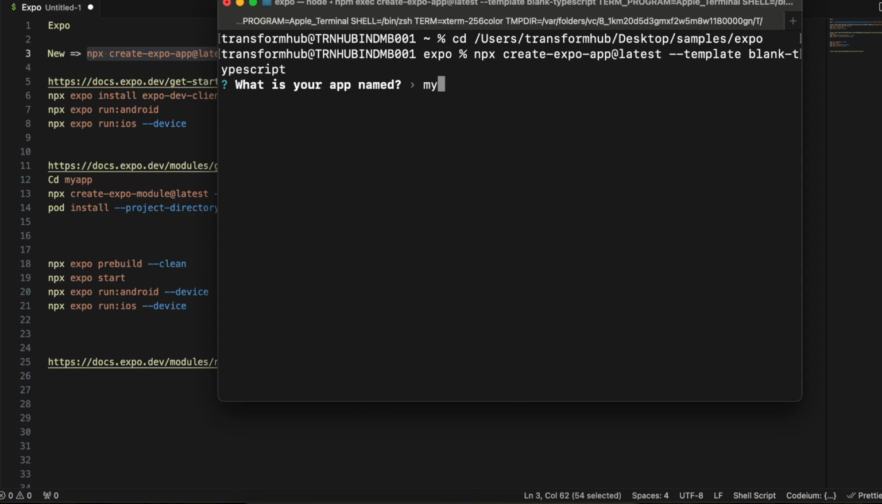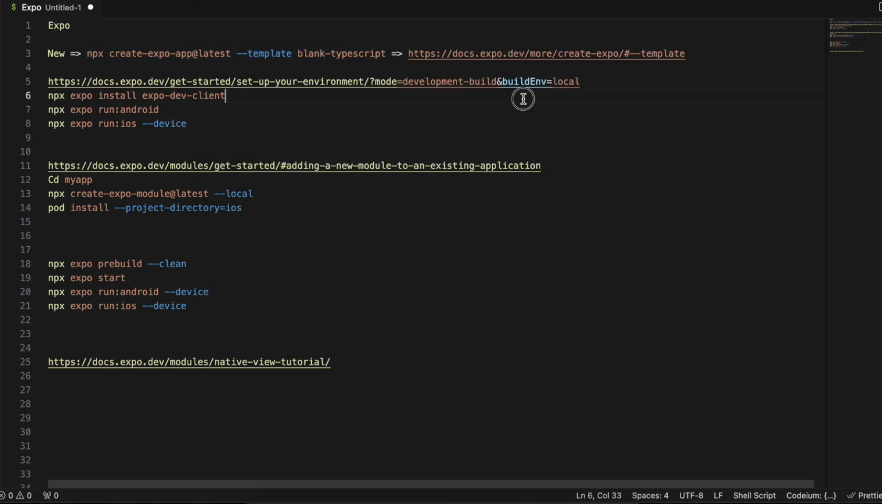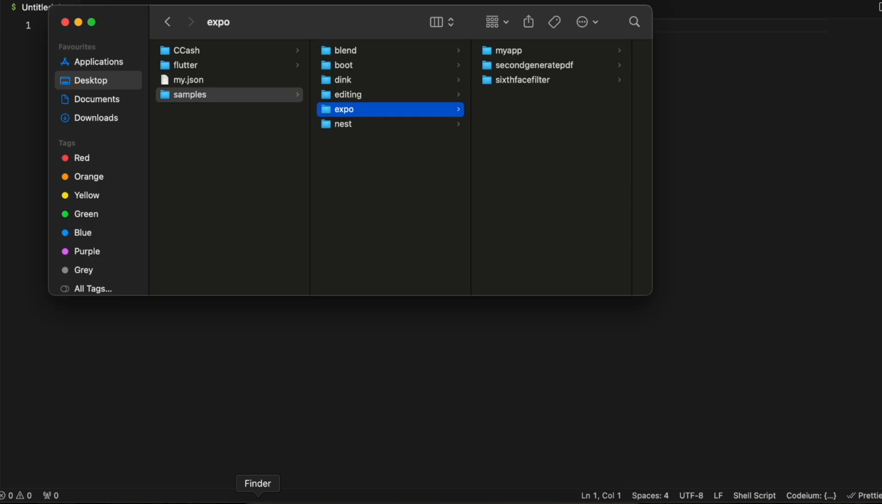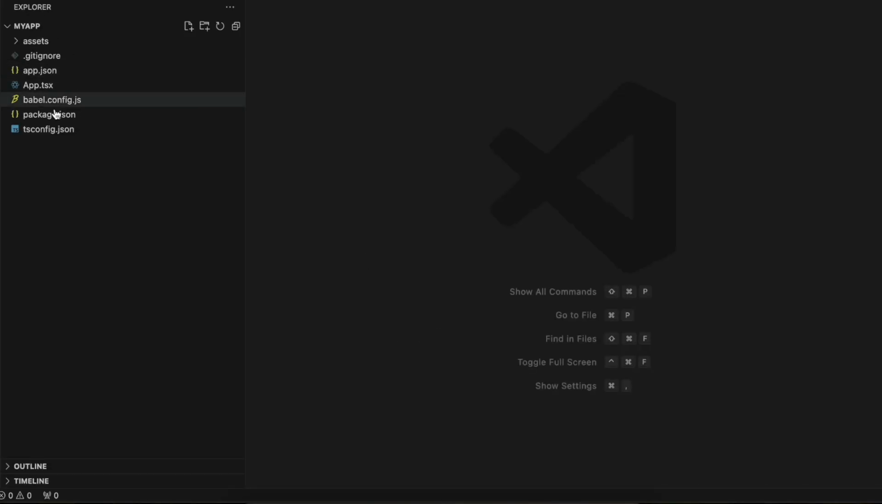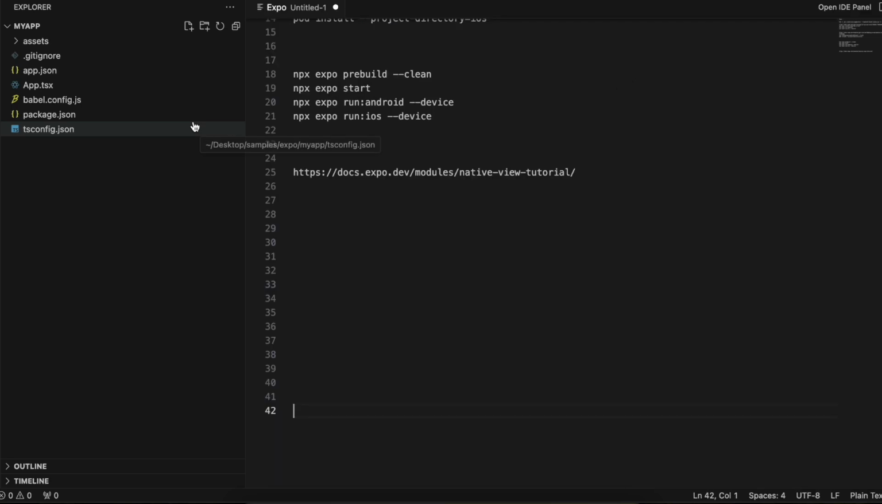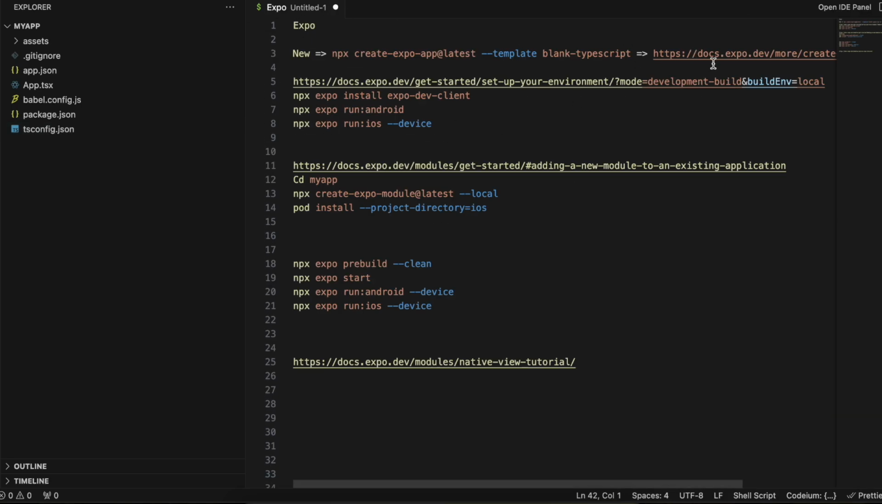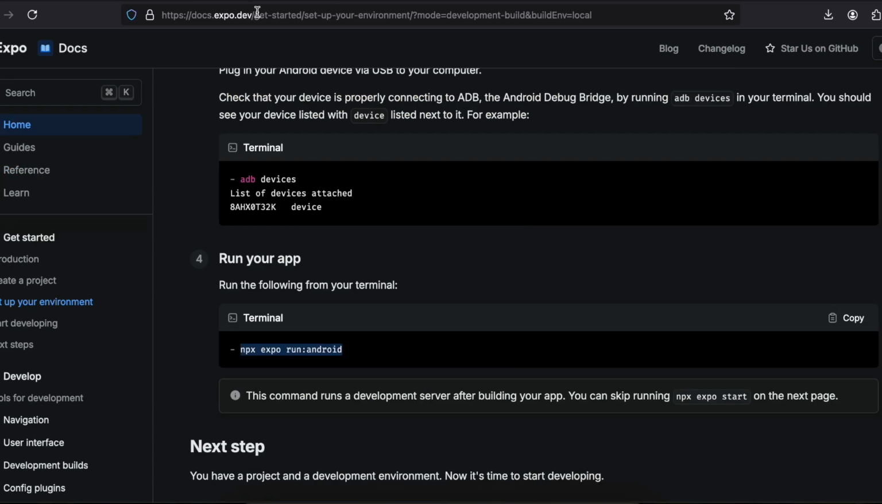So I'll just give it some app name as well. Then we need to create... suppose I'll just show you my project. So here is our project, right? If you see, there is no iOS folder. To generate the iOS folder we will have to go to this particular URL. Okay, so if you go to this URL over here,